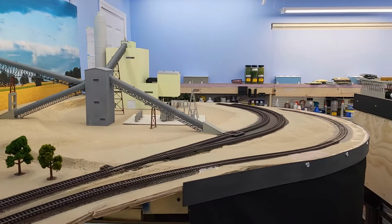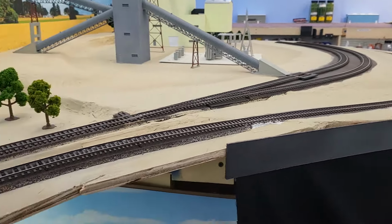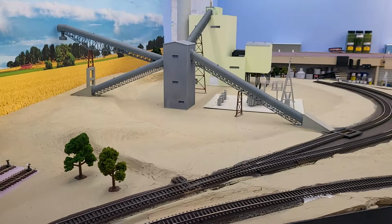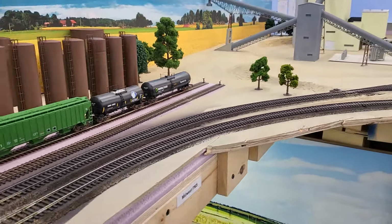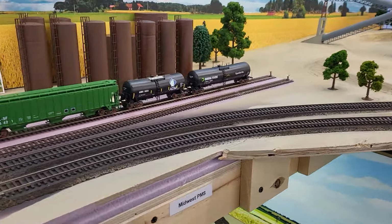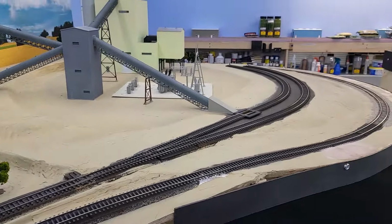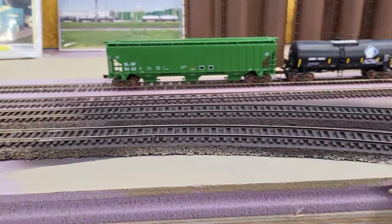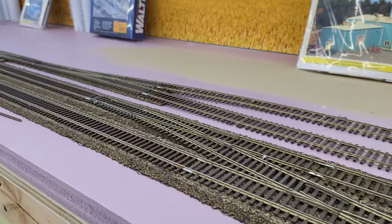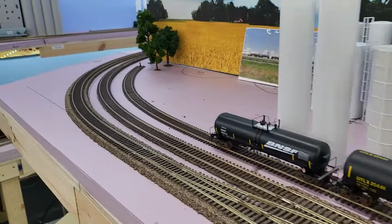And I wanted to simulate that activity, but there was no way with this track coming from the west that I was going to be able to make a loop into the Holcomb Power Plant and have any kind of believable trackage in this area. So what I did instead was the train for the Holcomb Power Plant arrives off the helix onto the main line. It exits the main line onto the siding, and then I created the siding long enough for that train to pull off